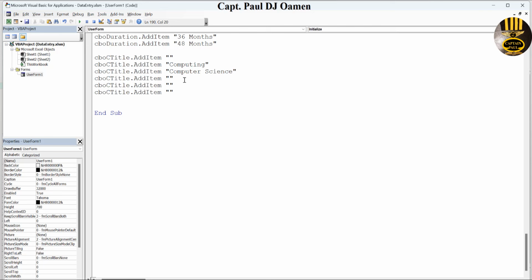Computer science. Let's say information system. Computer games and maybe business there. Something like that. You can always add more though. Alright, that is fine. The next thing is the